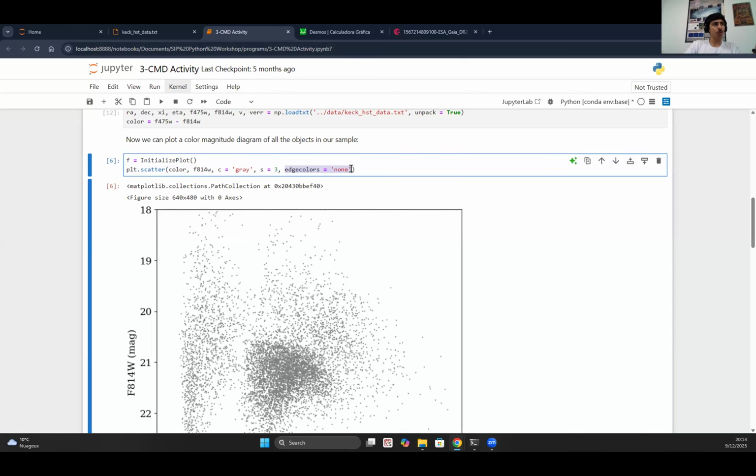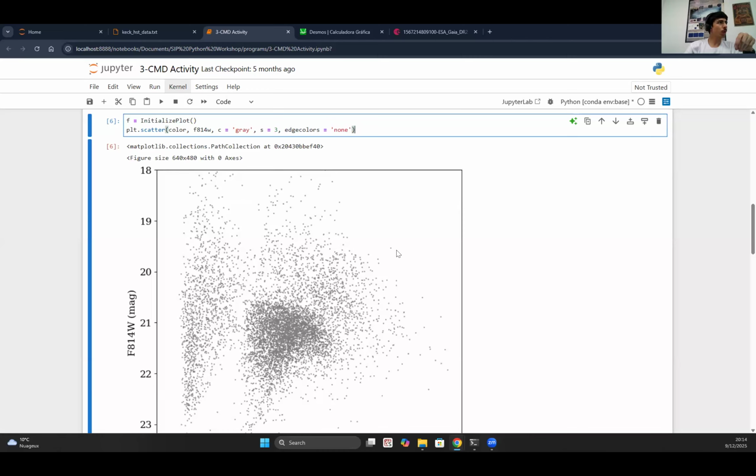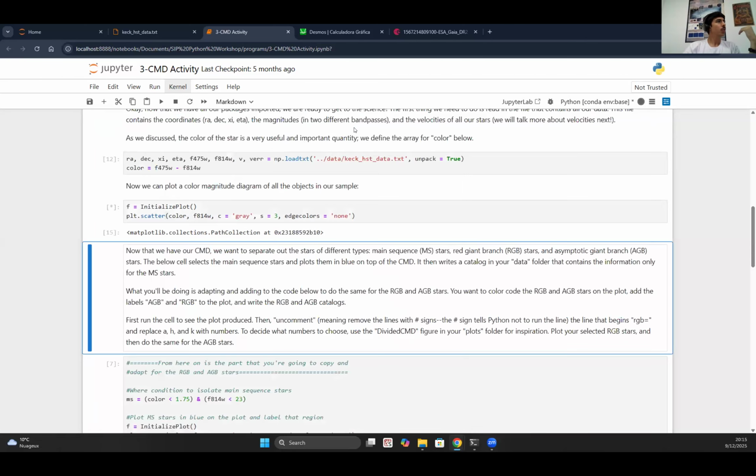And yeah, here this edge colors is just telling us don't put a boundary with the color around the dot markers that we're putting on the canvas. So if we run this, this first call of the initialize plot function is simply generating our canvas, and then this plt.scatter is populating it with all the dots from our arrays. So if we run that,